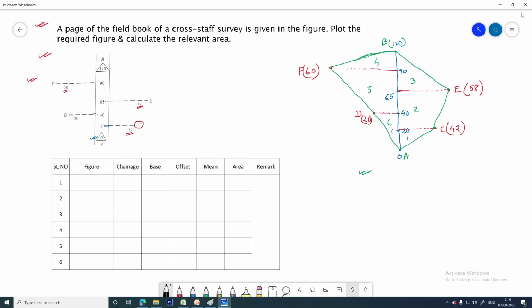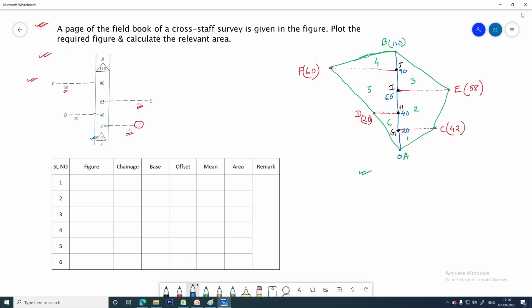Second, very thin. Let's consider this one is G, this one is H, this one is I, and this one is J. Okay, so this particular point, basically these are the values of the chain edge. Okay, so let's put the values.